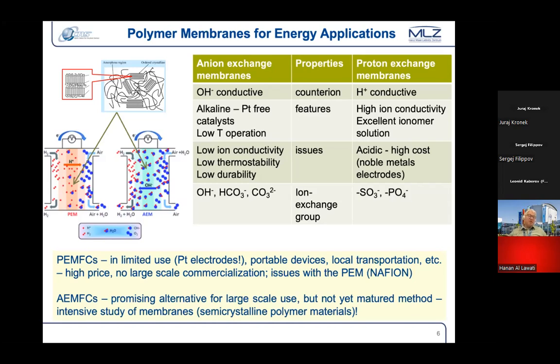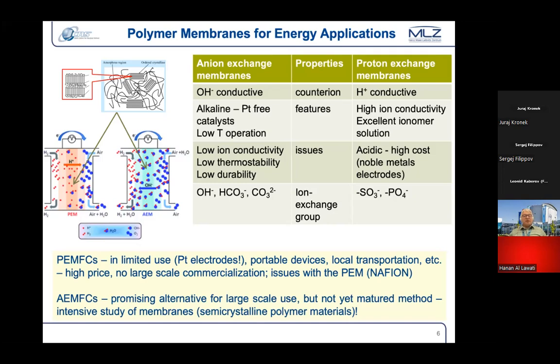These are the only fuel cells in use, but nevertheless, the use is limited. There is no possibility for large-scale commercialization because of the high price. There are also some issues with Nafion, which is the benchmark for these applications regarding the exchange membrane. Anion exchange membranes are a good alternative and show some advantages. They are platinum-free